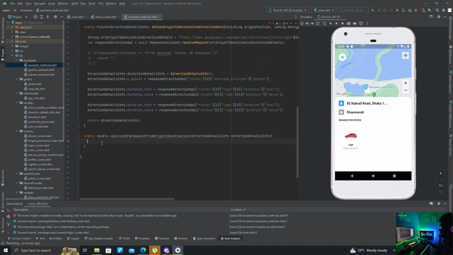Okay. Now let's add double time traveled fair amount per minute equals to direction details info dot duration value divided by 60 into times 0.1,